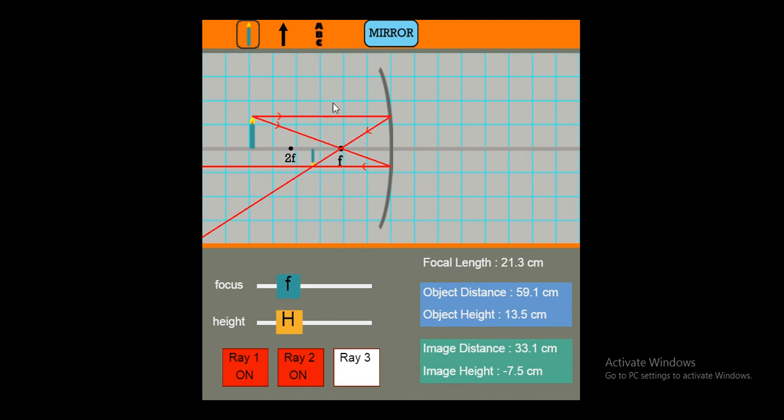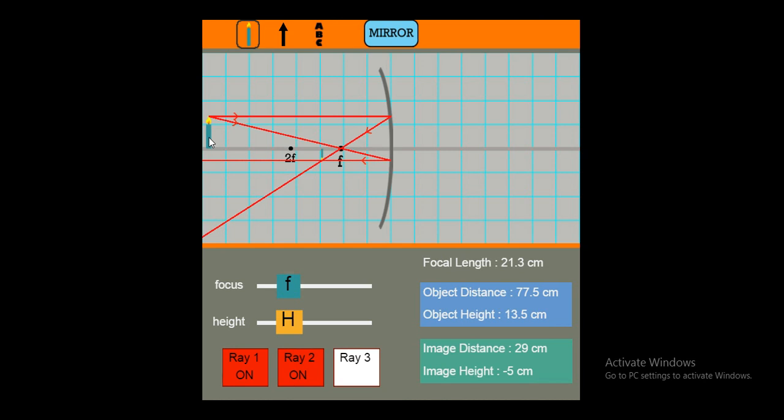Now you can get the idea about how these ray diagrams are drawn when using two types of rays. By using this simulator you can see how these images are formed, what the features are and what the position of the image is. When we move the object much farther away from 2F, okay, now you can see it is very far away from 2F, that means C.